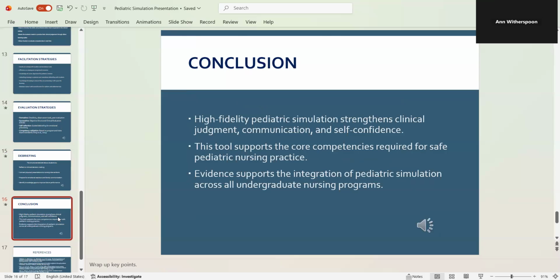So in general, I really feel that high fidelity simulation tools, especially in pediatrics, are a great way to strengthen clinical judgment, improve communication, and improve self-confidence. I do believe that this tool supports core competencies that are required for safe nursing practice. And looking through the articles, I believe that evidence supports the integration of simulation in